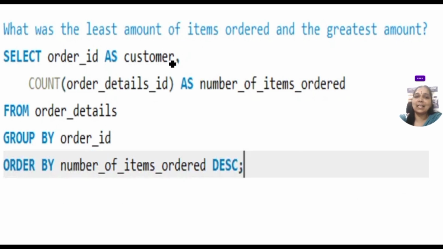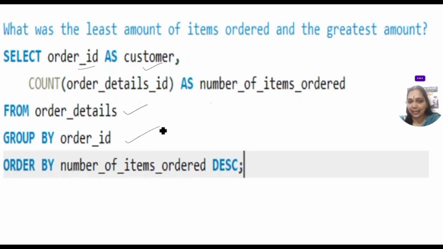Next, what was the least amount of items ordered and the greatest amount? Least items have to be ordered and they have to get the greatest amount from the customer. Select order ID as customer, count order details as number of items they have ordered. So order details has to be counted from the order table.